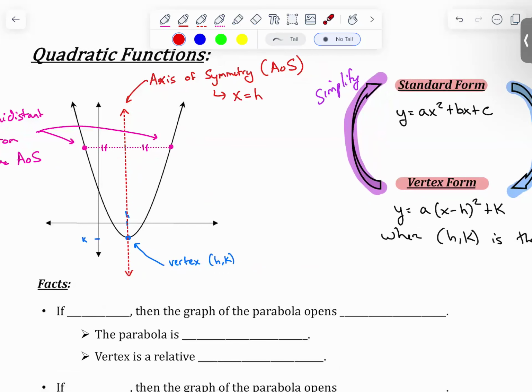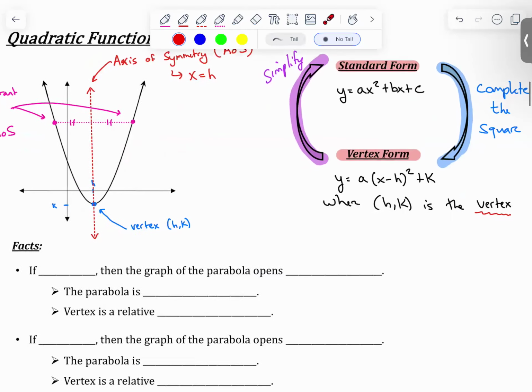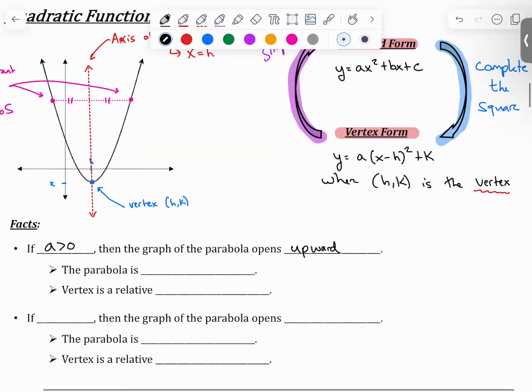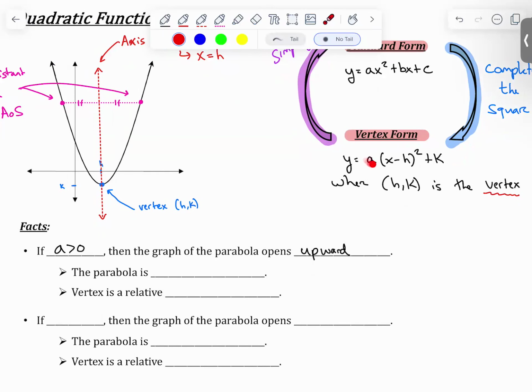So, how do I know whether my parabola opens upward or downward? Well, that has to do with the a value. If the a value is greater than 0, then the parabola opens upward. And you can think about that in terms of linear transformations. If this is a positive number, then it's just a parabola, which we normally see, a linear transformation of x squared. If this is positive, then nothing changes. So the parabola is what we call concave up,